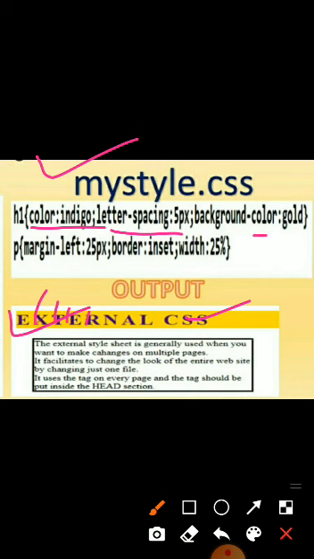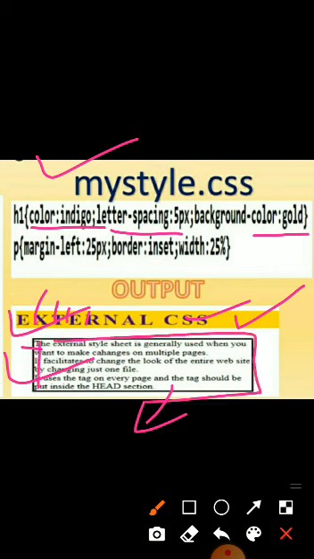And background color is gold, so the gold background color is defined in your web page. Then second is the paragraph: margin-left is 20 pixels, the border is inset, and the width is 25, so this block's width is defined in your web page.